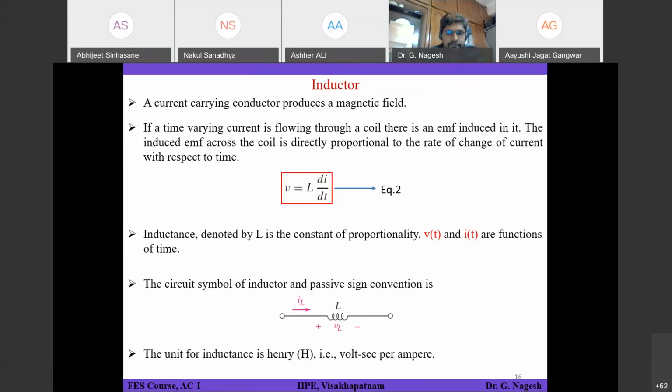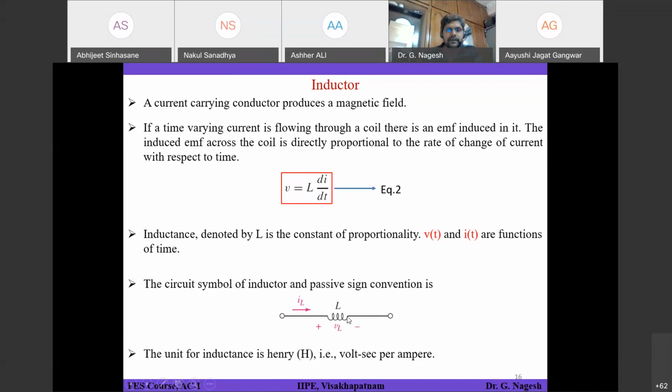Yes, sir, the processes are going together. Since it's an alternating waveform, if you consider one half cycle as charging, that means V and I are positive. I has some positive value, and at the same instant V is also positive. So the product V into I, that is P, is positive, which means it is charging.